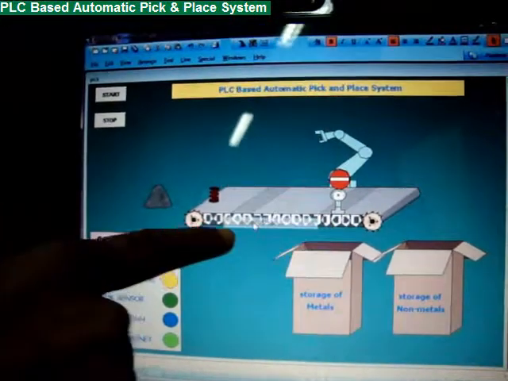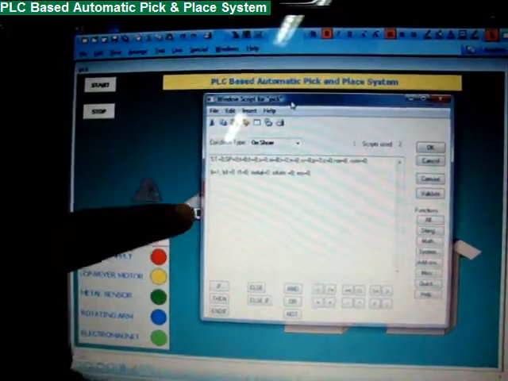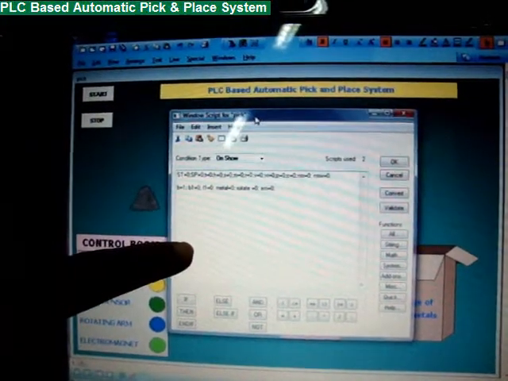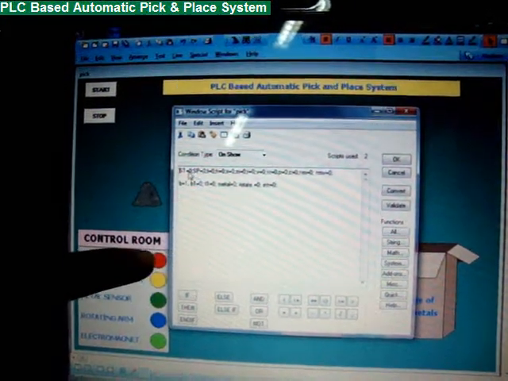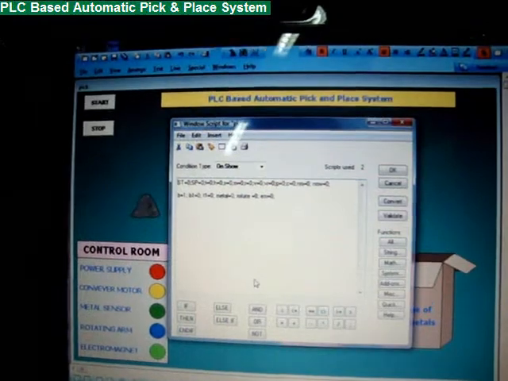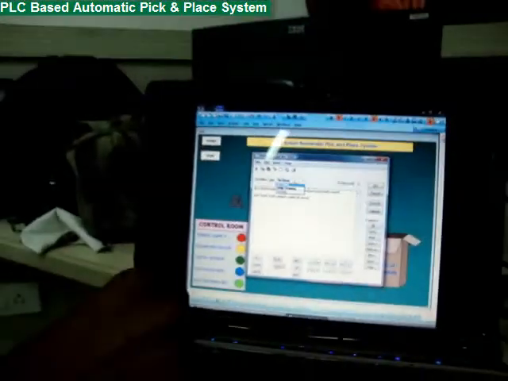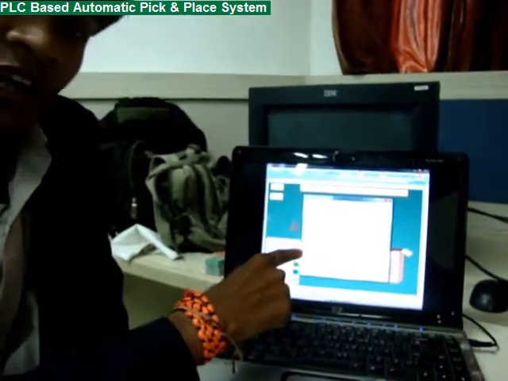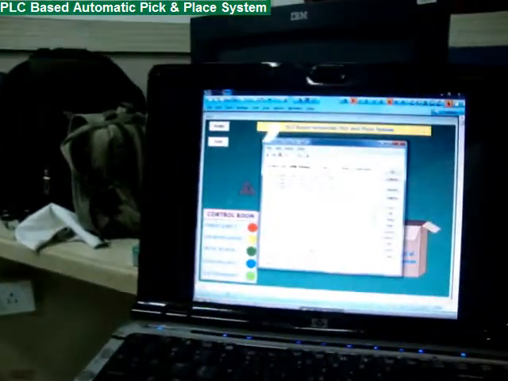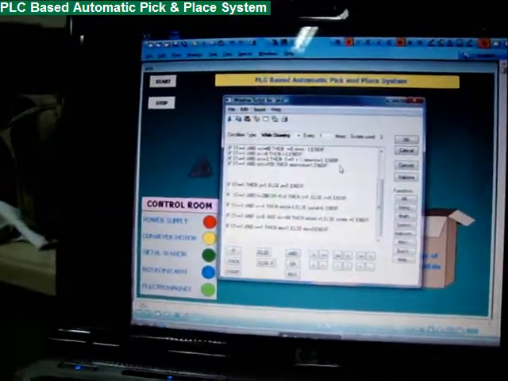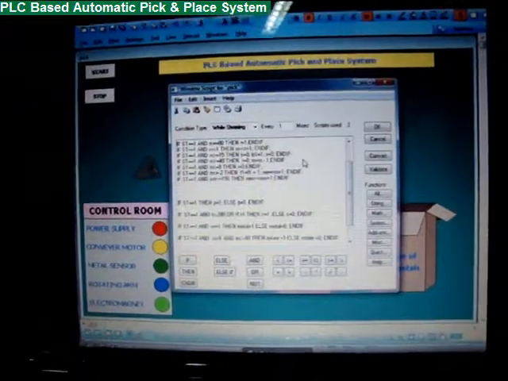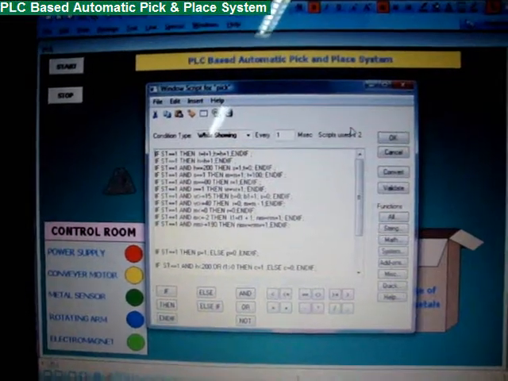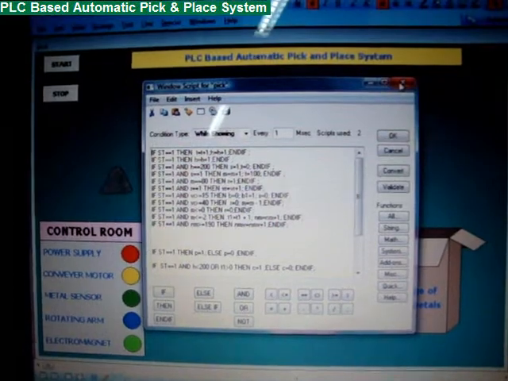It is the script writing. It is the initialization of the program, and it is the main program. After some time it will show. It is the main program of the script writing. There are two methods, script writing and manual, but we are using script writing here for simplicity.